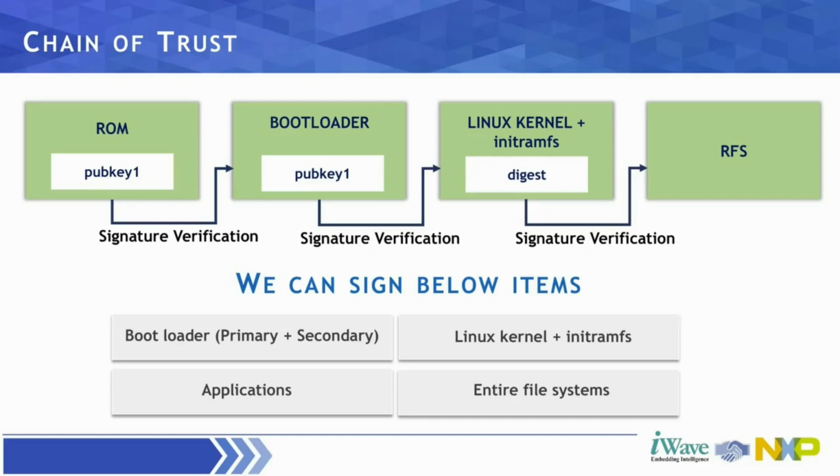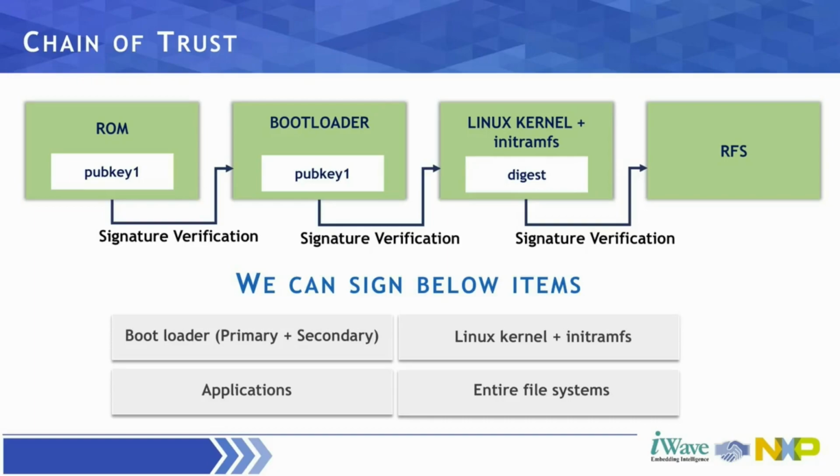For example, the boot ROM authenticates the U-boot, the U-boot authenticates the Linux kernel, the file system, and so on. So chain of trust is one of the key terminologies or concepts which helps you establish the complete dependency from layer to layer and establish confidentiality between the different layers.